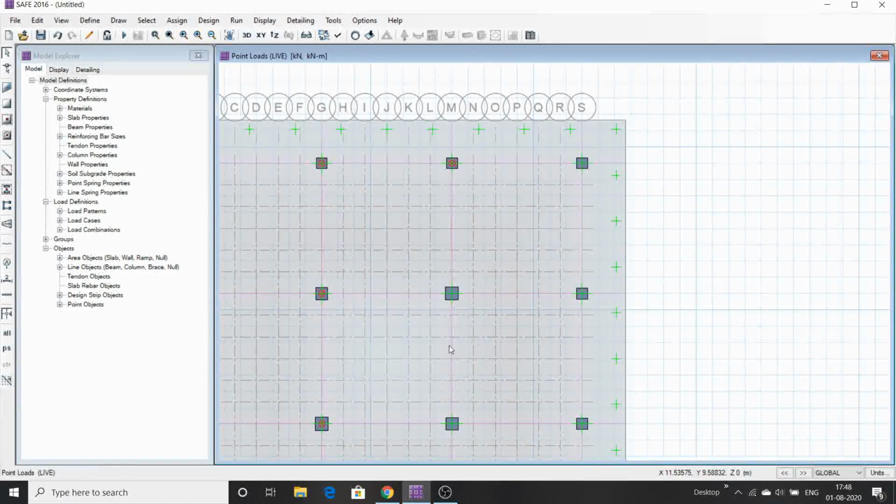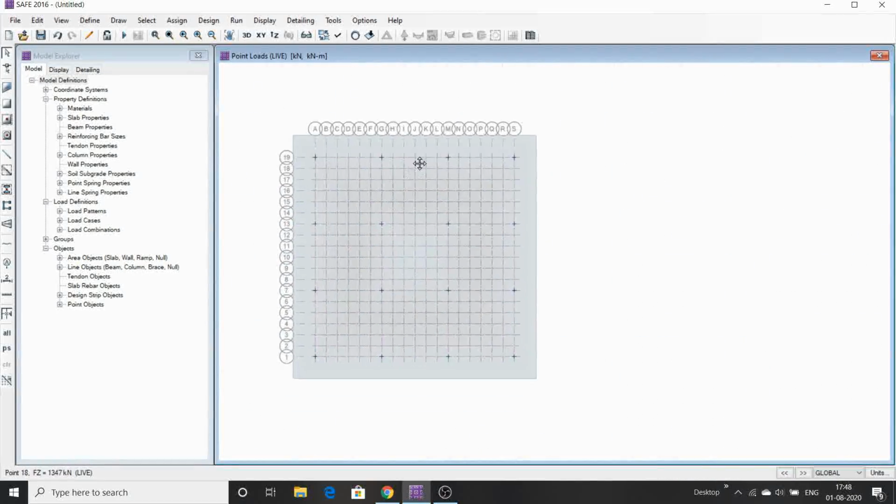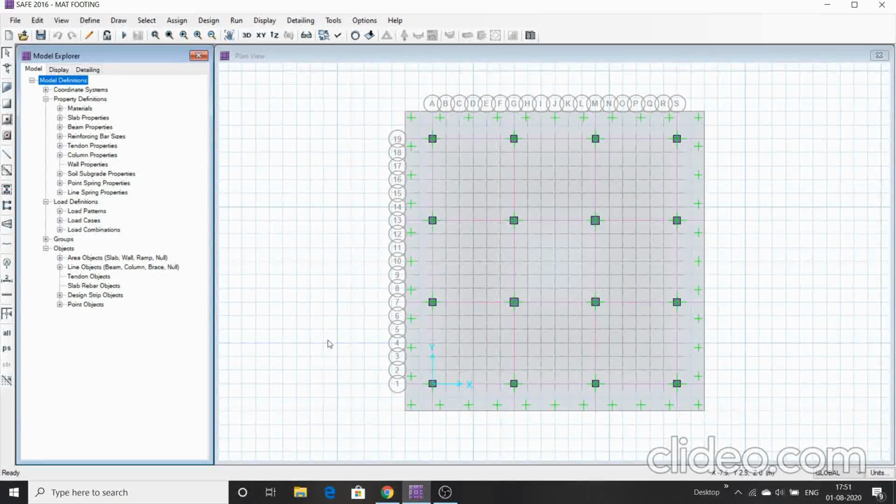In this manner we need to create all the load points. After giving all the properties, column properties and also point loadings on these columns, we need to give